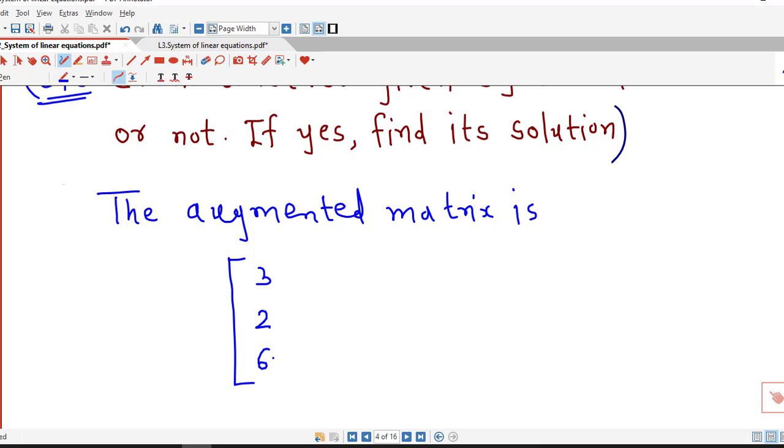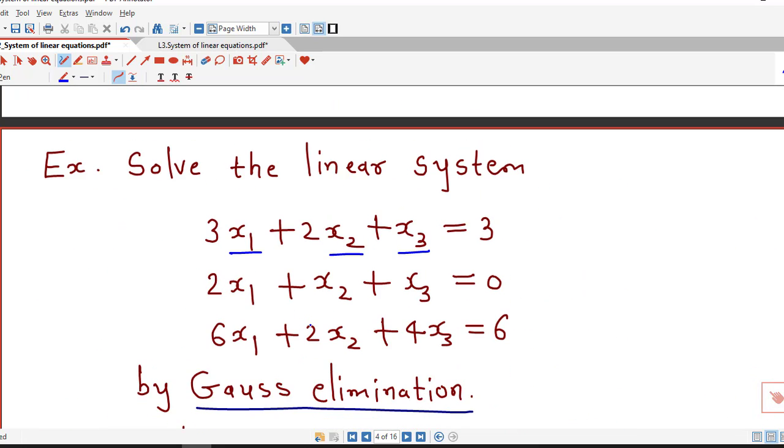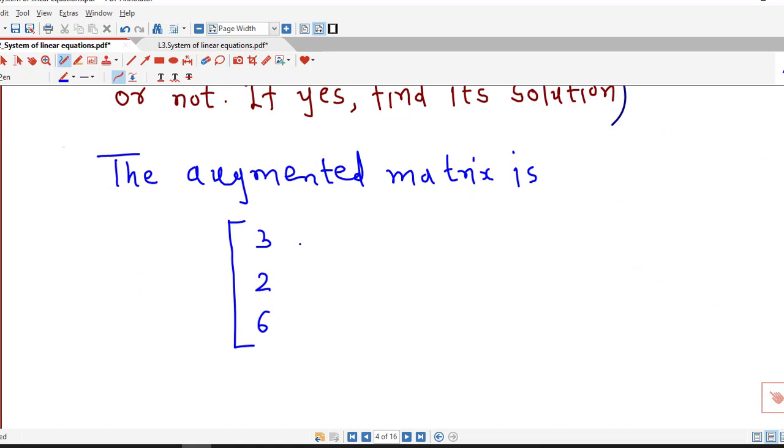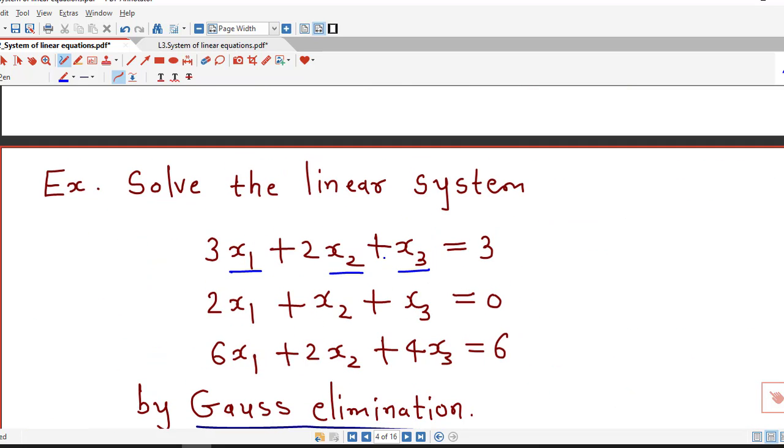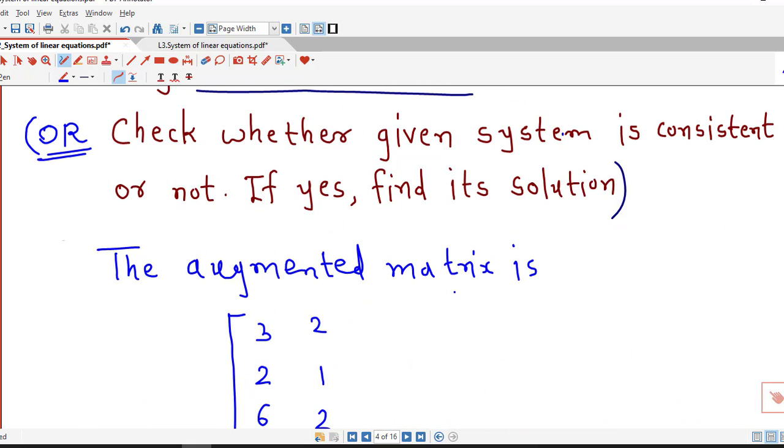Second column corresponds to coefficients of x2, which are 2, 1, 2. And third column corresponds to coefficients of x3, which are 1, 1,